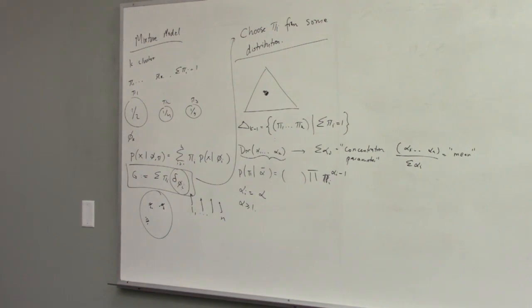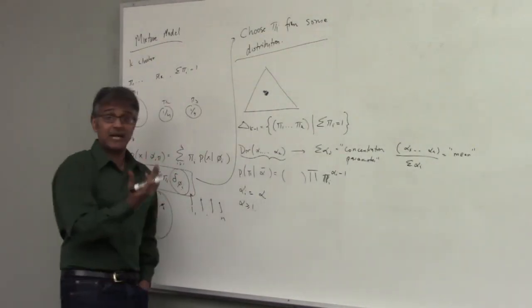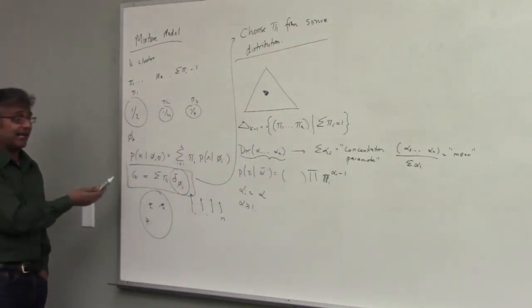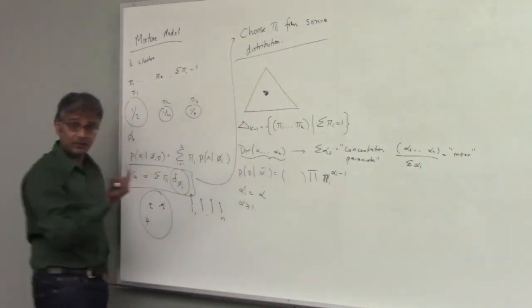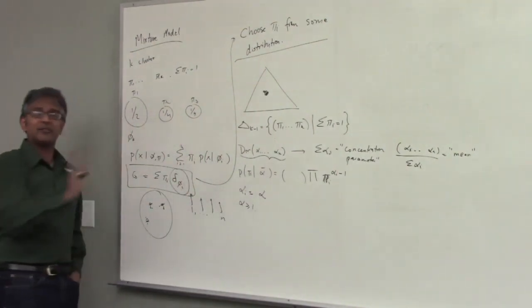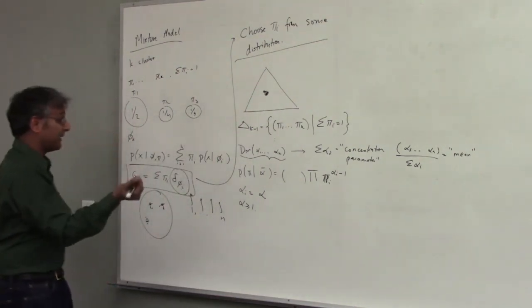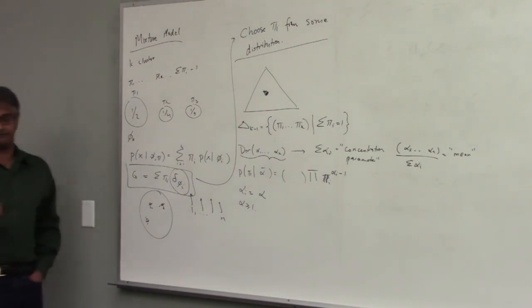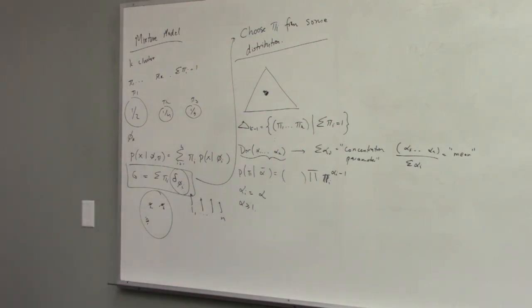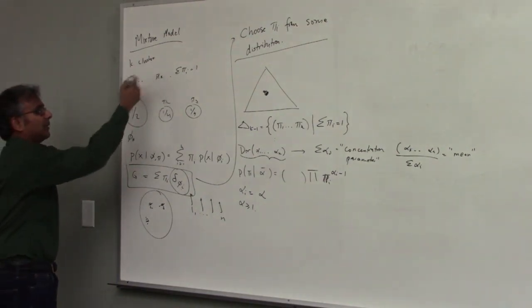That makes sense? And the point of this whole exercise again is to allow you to discuss distributions over the simplex, because now if I want to say what is G, I can say, okay, I'm going to sample a point from the simplex according to this Dirichlet distribution with parameter alpha, and let's assume alpha is fixed. So in most of what we talk about, alpha will be a single fixed number. Okay. So the mean is at the center. And that will give me something to plug in here, which will give me a distribution. So that allows me to reason more generally about these parameter choices.